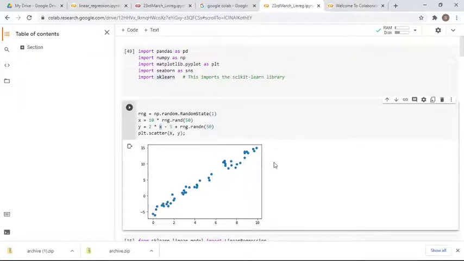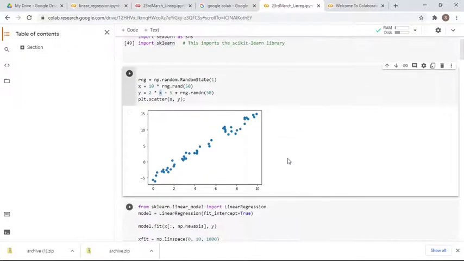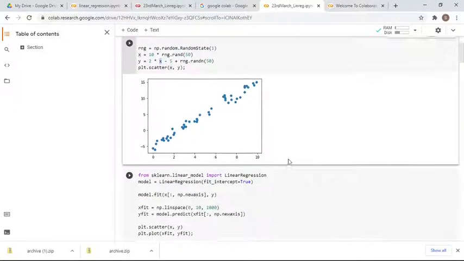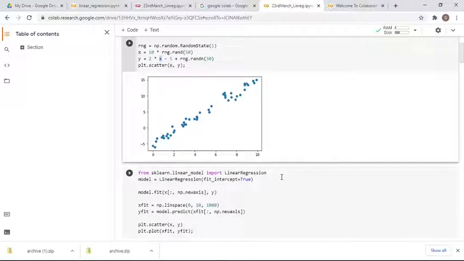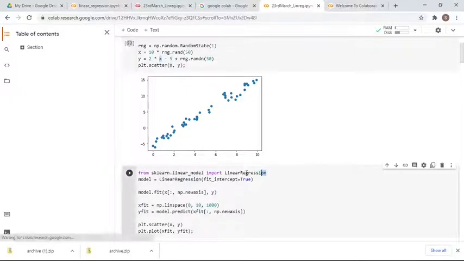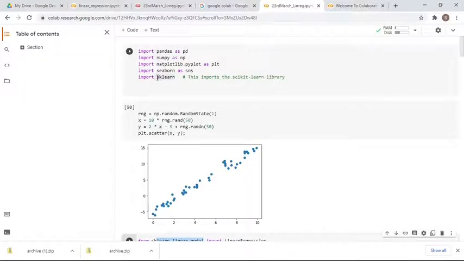Now we are going to fit one straight line, okay, using a linear regression model. So for that we are importing LinearRegression from sklearn.linear_model. So already you have imported sklearn here.